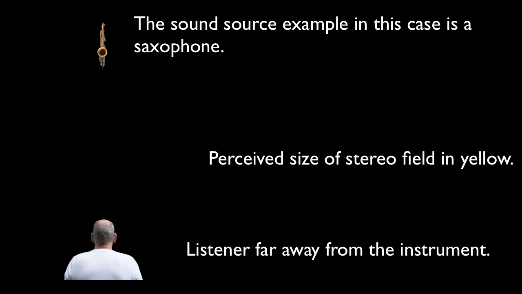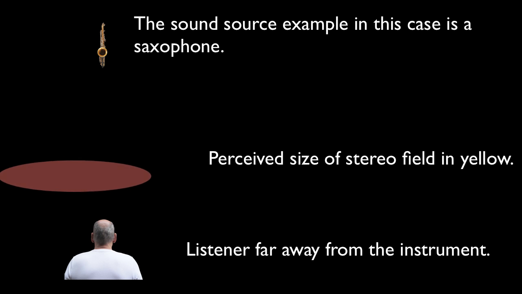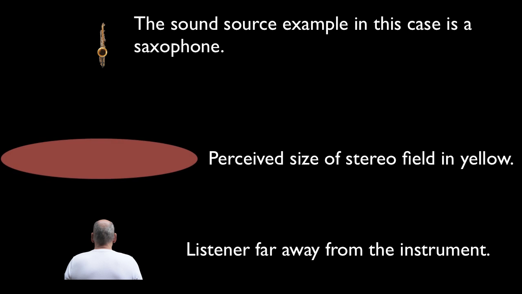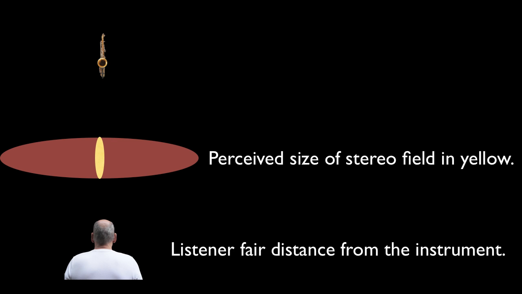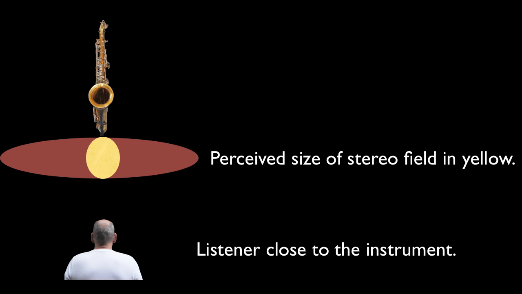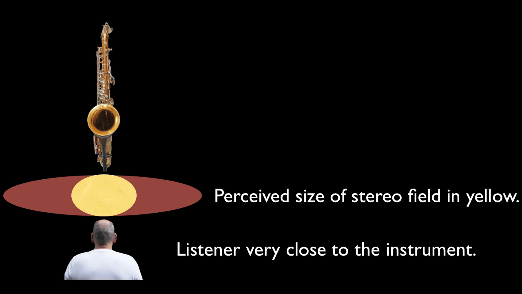The sound source example in this case is a saxophone. The dark red oval shape in the middle of the screen is the total stereo field. The yellow band is the listener's perceived size of the saxophone stereo field. As the listener approaches the saxophone, the instrument sounds louder, but more importantly, the size of the saxophone stereo field